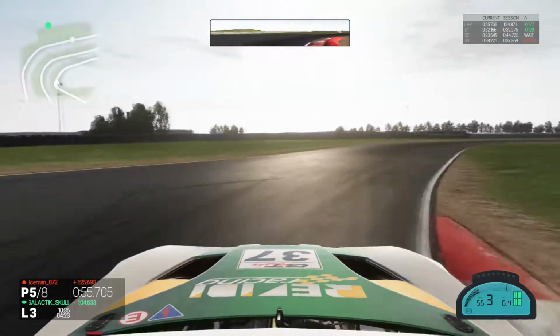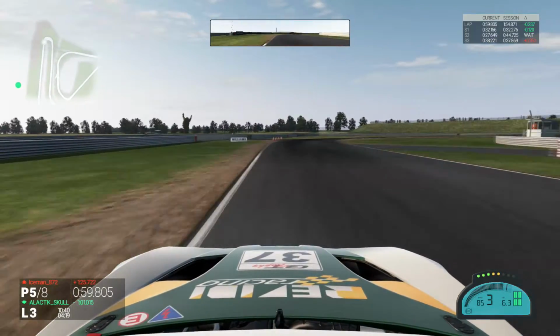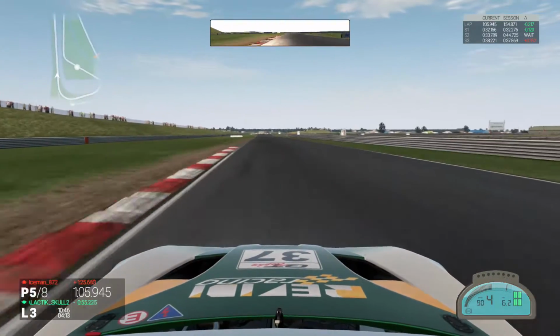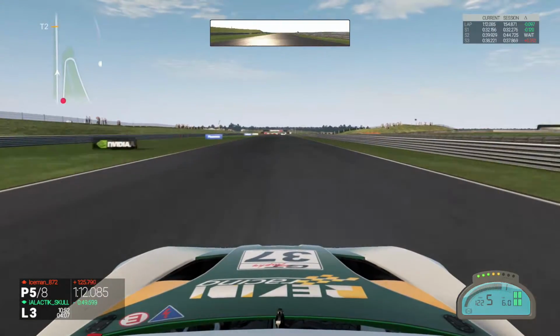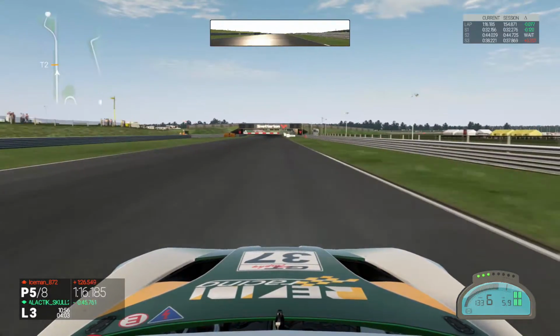We had to watch out for these sausage curbs on the inside, but I got that nicely, just missing them. Getting a nice exit there, not quite on the edges I'd like to be. This corner here I find quite difficult. Williams, I think it's called. It looks straightforward, but trying to get the speed and the balance and not run wide was really difficult. But down the back straight now we've got a long run into the chicane,